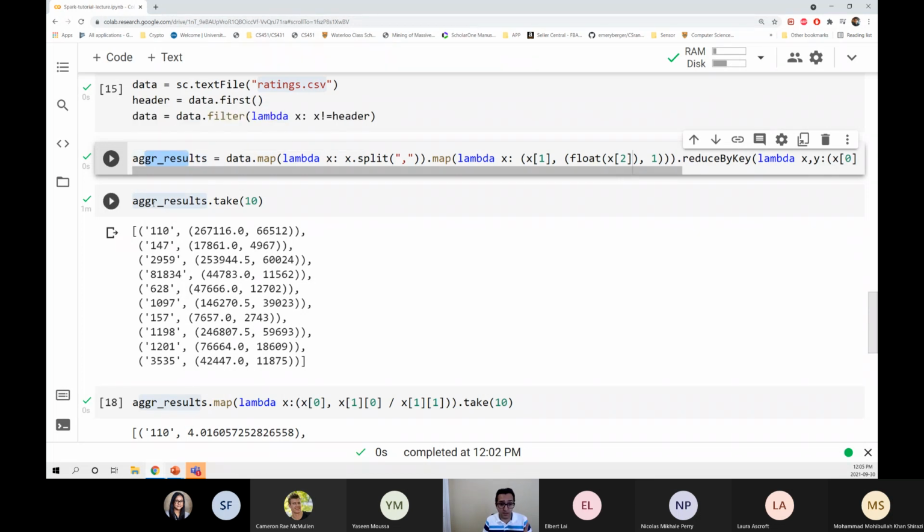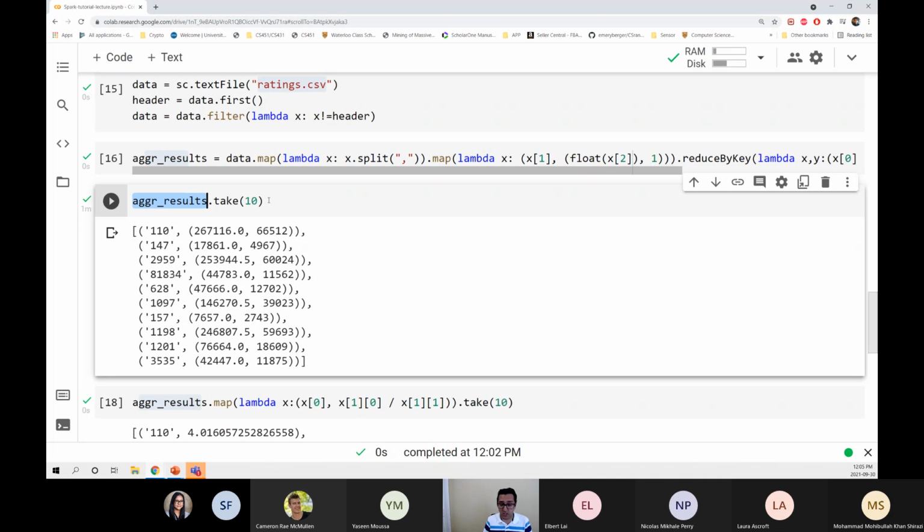We wait until we hit the first action. And here we see the first action. Now we go back and say, okay, you want to take the first 10 elements of this RDD? Okay, I know how to calculate it. The definition was here. So the aggregate results RDD is actually calculated on line 17, this line,